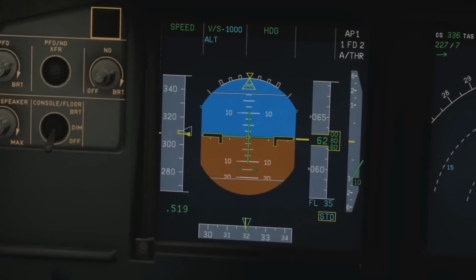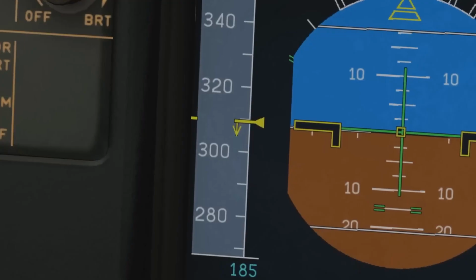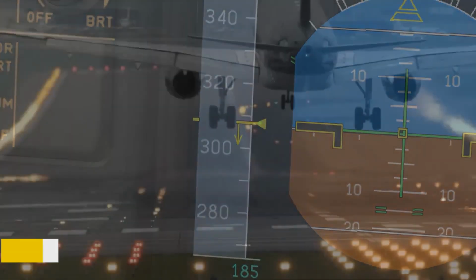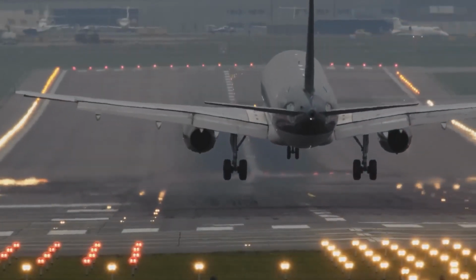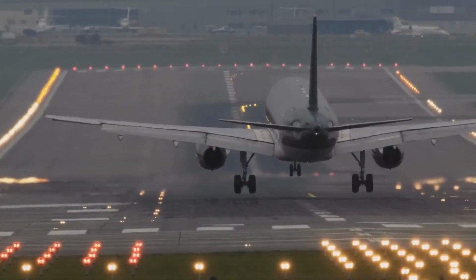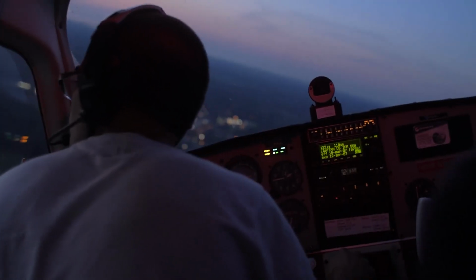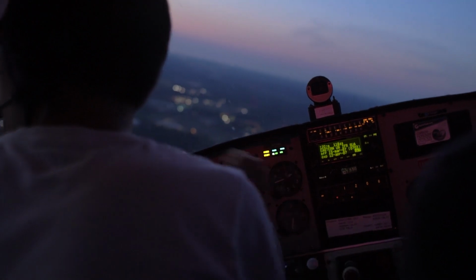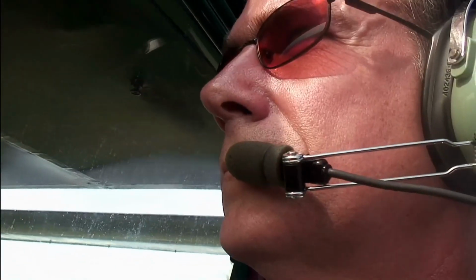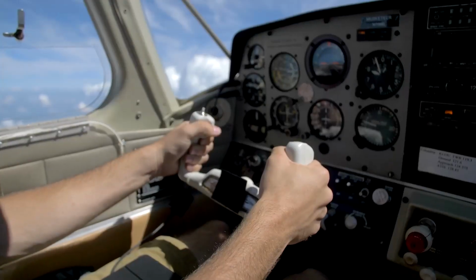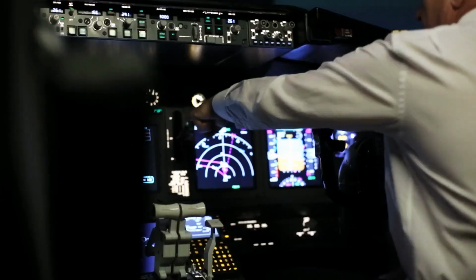The investigation served as a stark reminder of the dangers that can arise when mounting stress, lax adherence to rules, and a breakdown in situational awareness are present in the cockpit. It underscored the need for pilots to prioritize safety, follow established procedures, and undergo comprehensive training to mitigate the risks